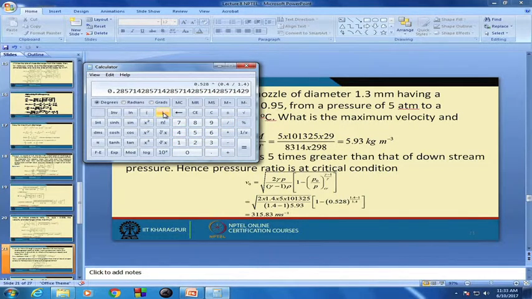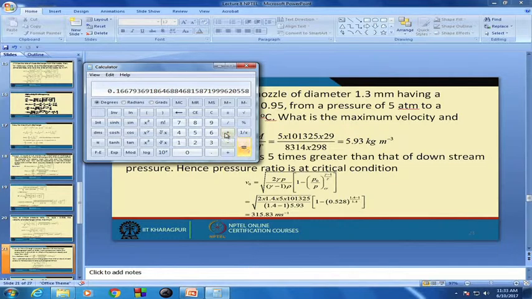Is this the power, right? So, this is plus minus this. So, plus 1 is equal to